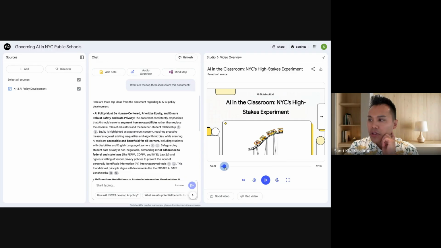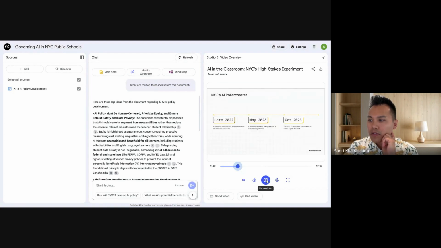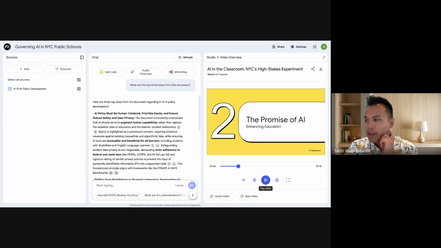Okay, so it created this. "How many school devices would have AI features? Can we make this work? Is really what sets the stage for this whole story." It's essentially a slideshow, images and text over there. So again, if you put your lesson plan in, it can create this video for you. So pretty wild, NotebookLM.